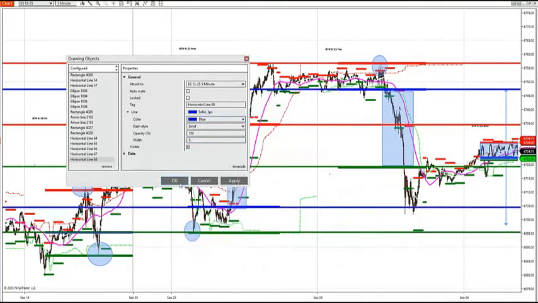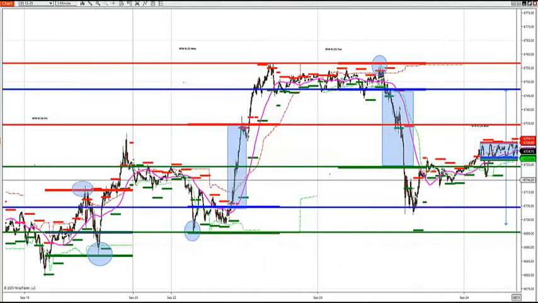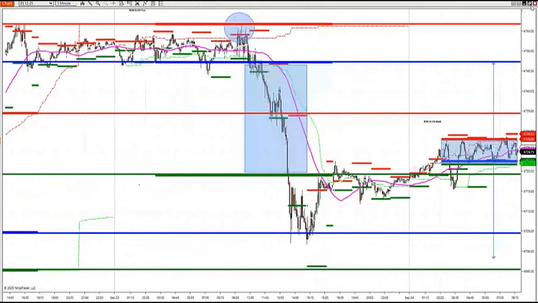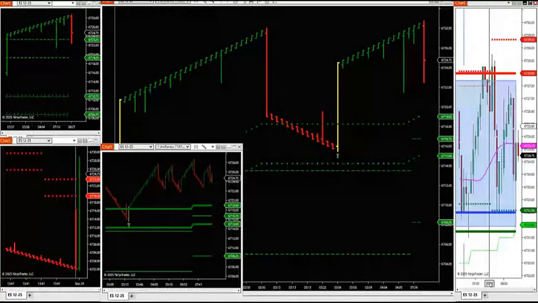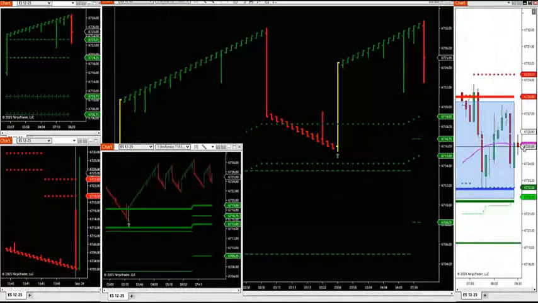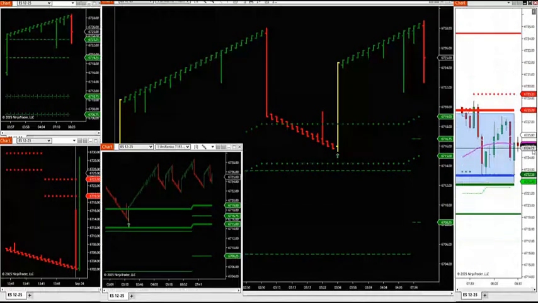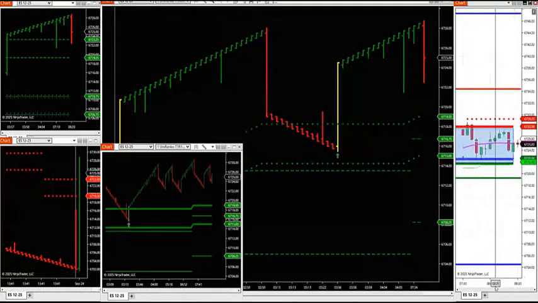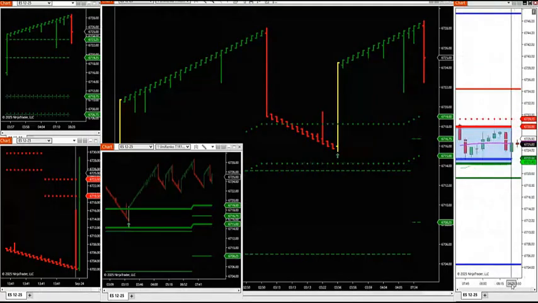So if you see a hole in the market, now that these levels are brought up, we can skinny it down, put it up. Now we can clearly see, I can go to the right margin and skinny this down. I can see my pockets in the market. Now I know my levels on the S&P. So just like that, I can find out where my levels on the S&P are,